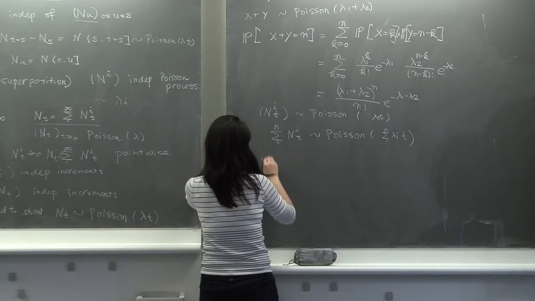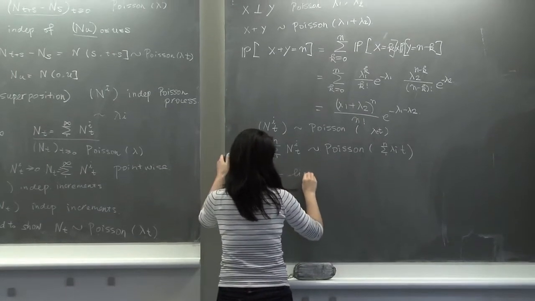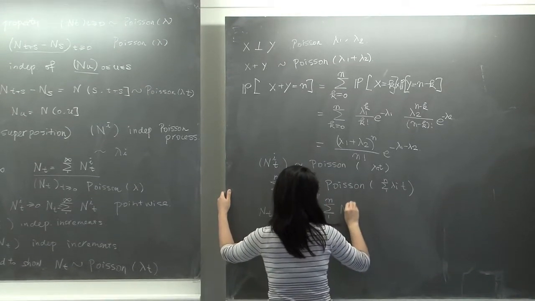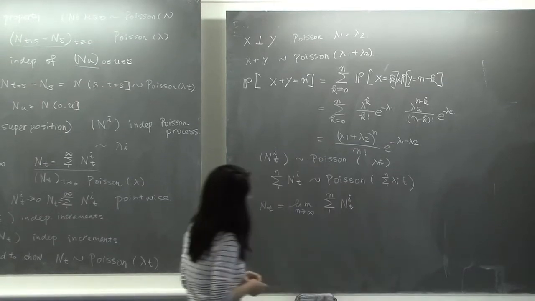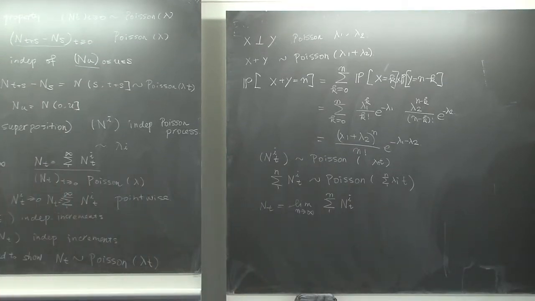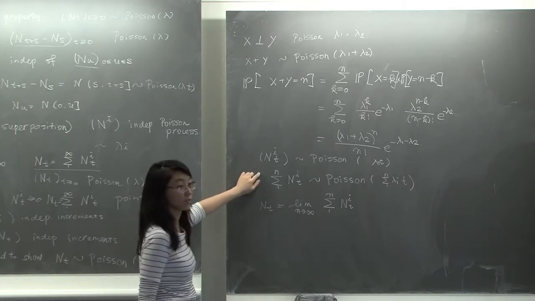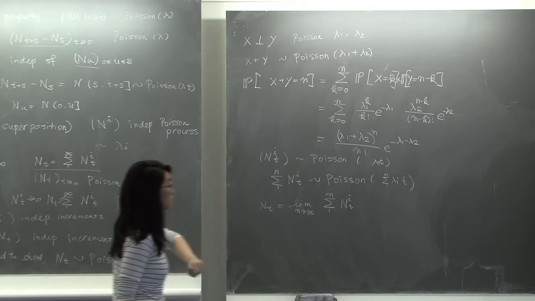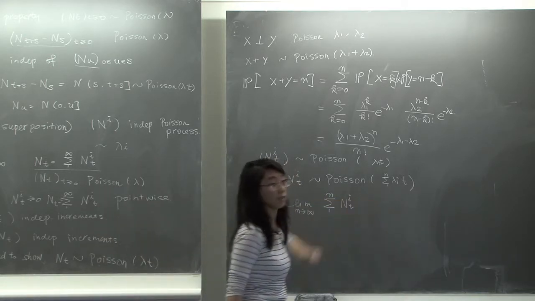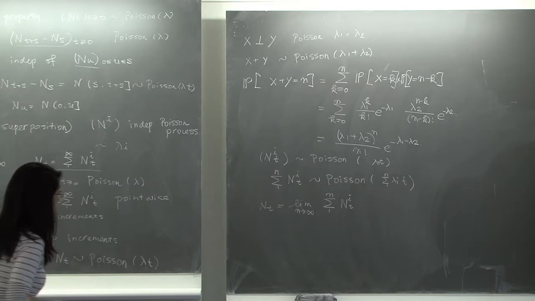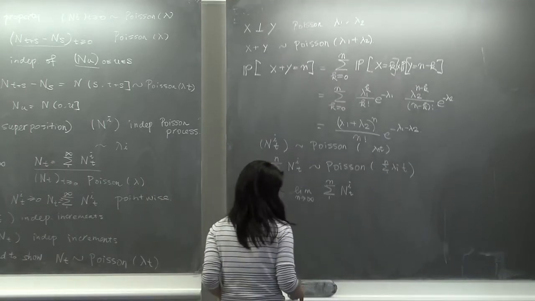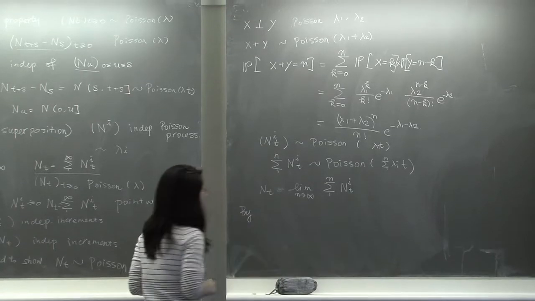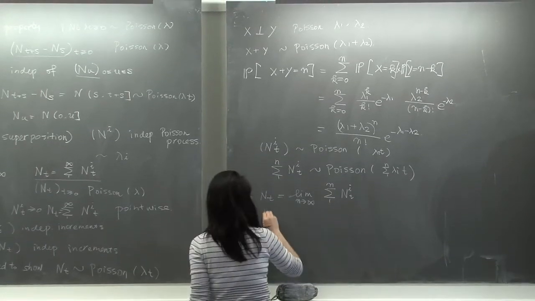So we know that N_T is the limit of this, if we take n going to infinity. Before taking the limit, we know that each one is a Poisson random variable with a known intensity. So now, how do we pass to the limit? So first, by the monotone convergence theorem,